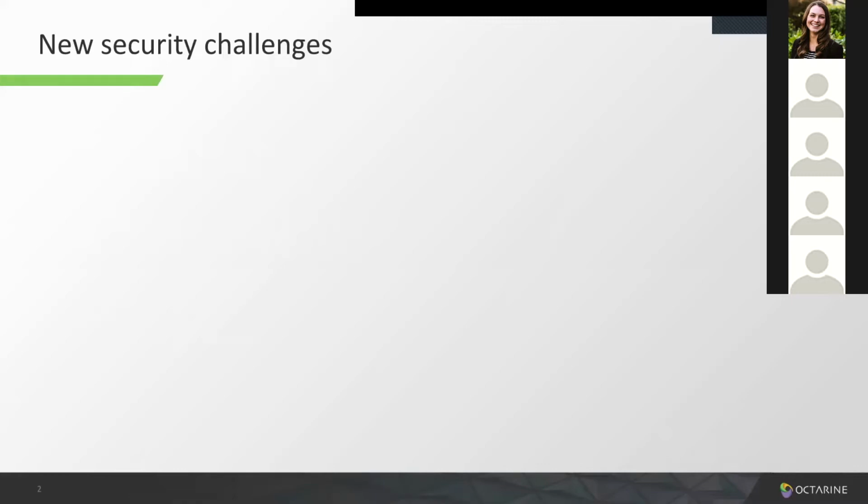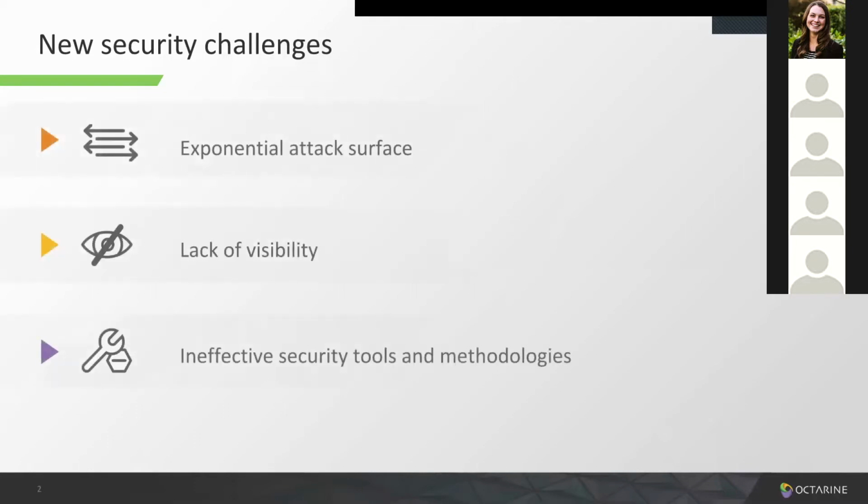So first, let's see what's different about cloud native applications and microservices, and what the security challenges are that we can identify in this new environment. We have this new architecture, and it breaks monolithic applications into many microservices. The microservices communicate over the network, creating massive amounts of east-west traffic. In typical deployments today, more than 80% of the traffic is east-west.